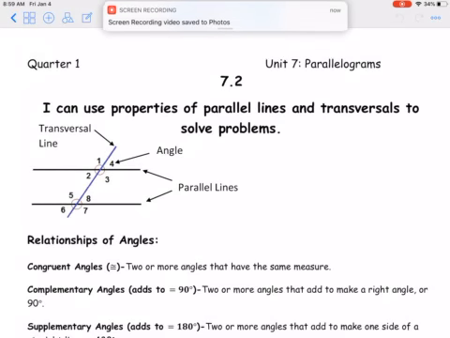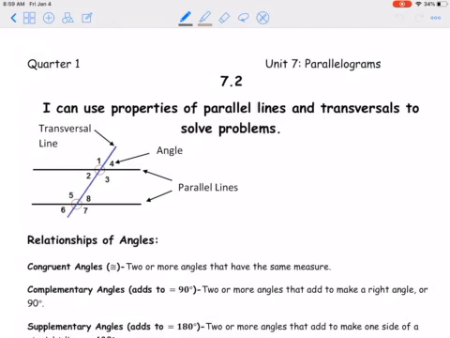Okay, 7.2 is super easy. Again, it's just looking at pictures of things. So last section we stretched stuff. Now we're going to look at if you're given two parallel lines and a transversal, how you can solve different